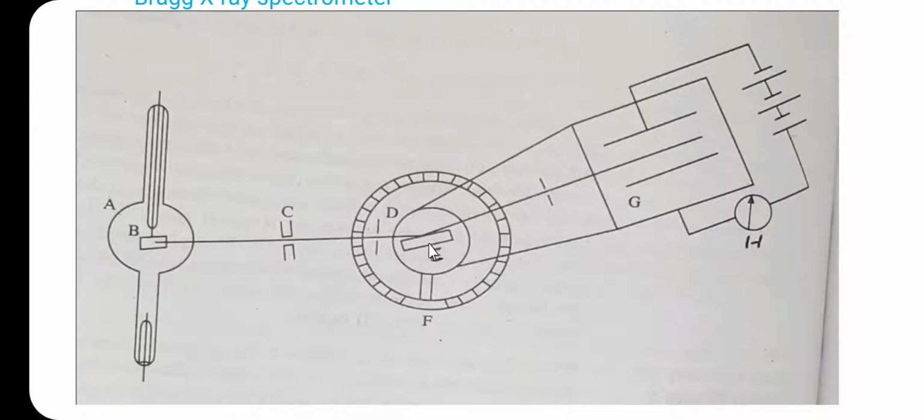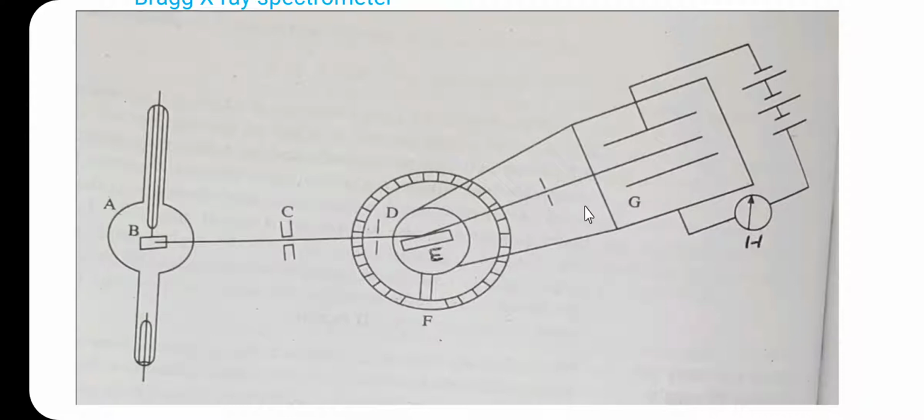A crystal is mounted at the center of the rotating table in such a way that the beam will strike a particular set of planes of the crystal, for example the 100 plane. The rays after reflection from the crystal pass through another slit and are collected into the detector G.